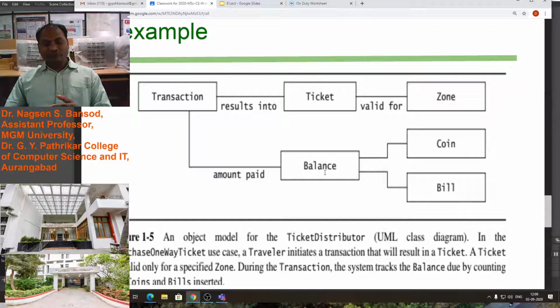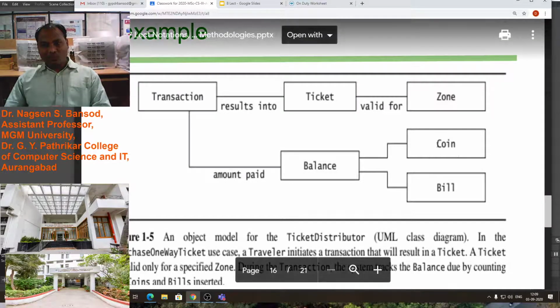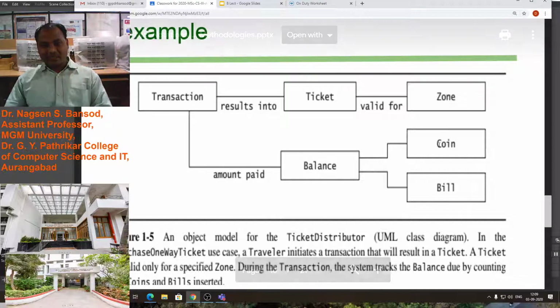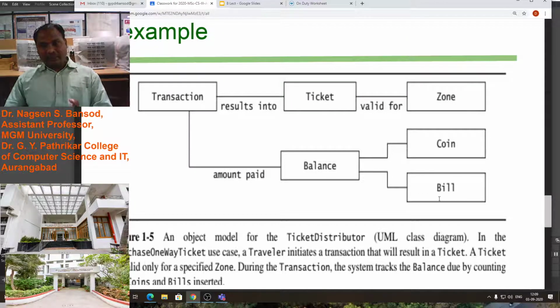This machine will return the coin which is extra than the ticket, as well as the bill in the form of a ticket. Bill will be generated.